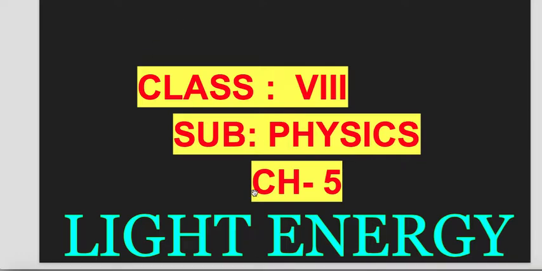So in the last class, we discussed the various ray diagrams. I explained that there are two types of spherical mirrors: convex mirror and concave mirror. In the topic light energy, we discussed refraction, its various consequences, and daily life applications. We discussed refraction of light. Then we also discussed the ray diagrams related to a glass slab and a glass prism. We talked about spectrum dispersion. All this we have already done.